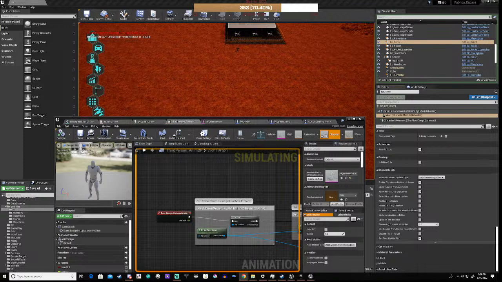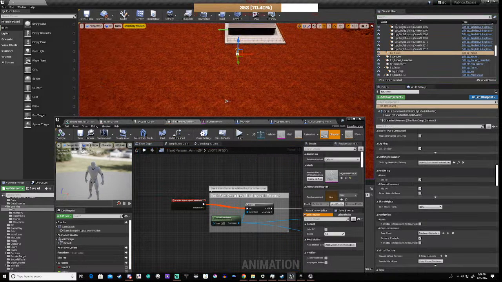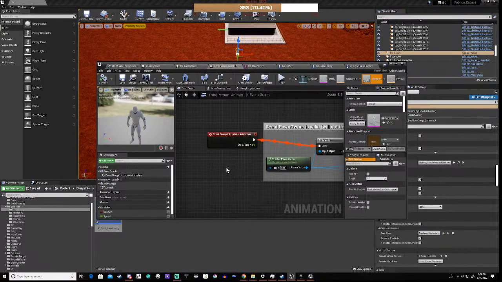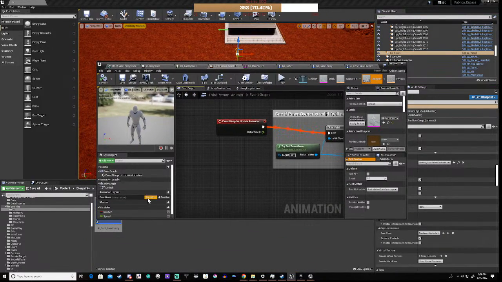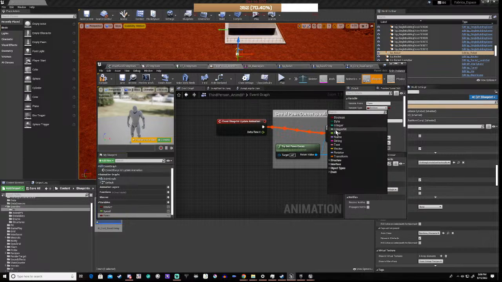Okay. So we're going to stop this for now. And then what we're going to do is add a variable, and it's going to be our pawn, and it's going to be BP base enemy,